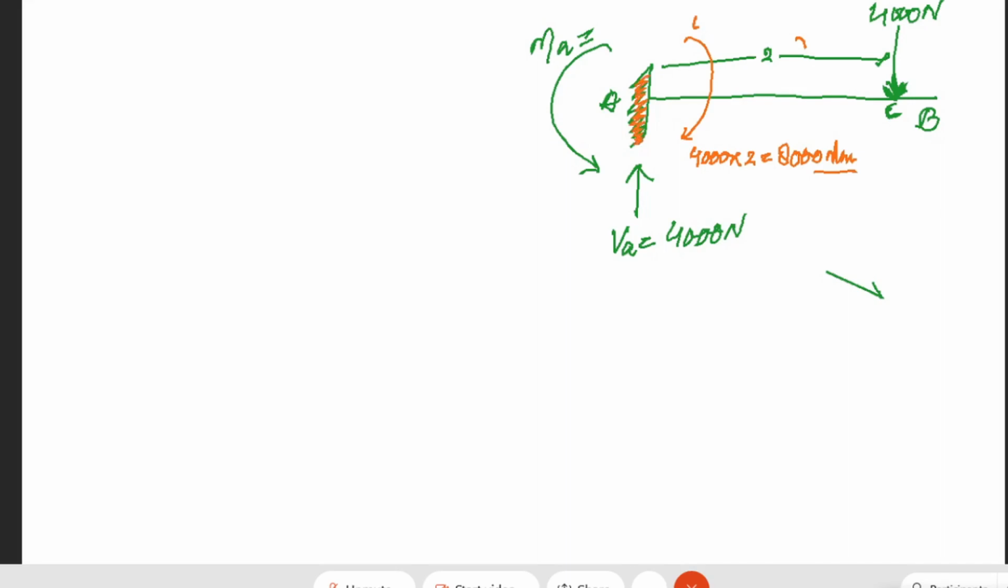Now, what will side A do? It has to produce a similar movement of 8,000 in order to be in equilibrium. Simple. Now, this movement is actually called the resisting movement. Resisting or fixing